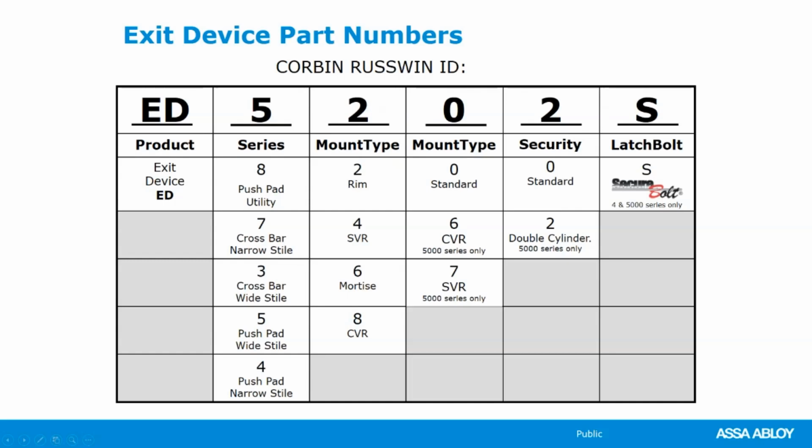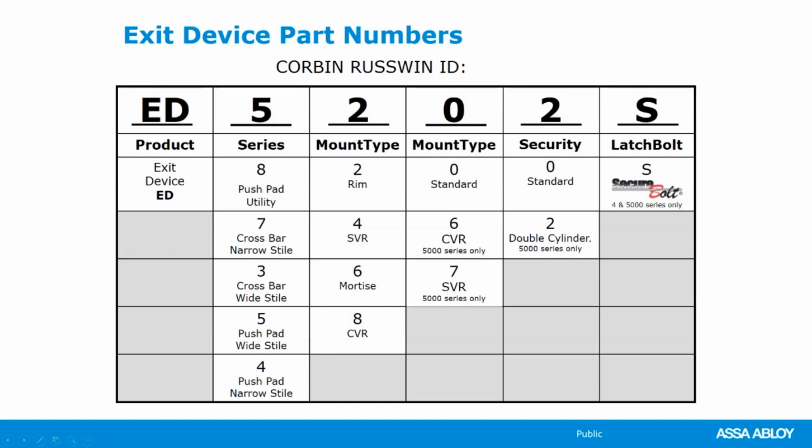The next digit would be for mounting type on our vertical rods on our ED 5000 series, and we'll talk about that. If you have an oversized door or a wood door or a door with less bottom rod, you would add the 6 for the concealed vertical rod or the 7 for the surface vertical rod. And the last digit is our